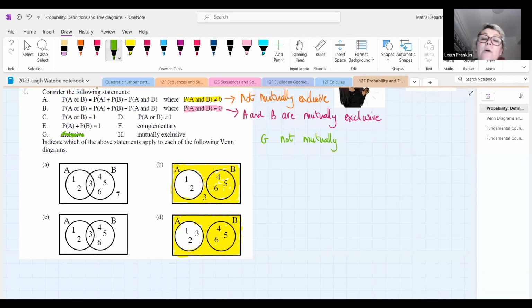So things are either mutually exclusive or not mutually exclusive. It's just like when we say they're independent or we say they are not independent. Okay, so let's just have a look at which of these statements apply to these Venn diagrams. All right, so in the case of Venn diagram A, so this one over here, which of the statements could